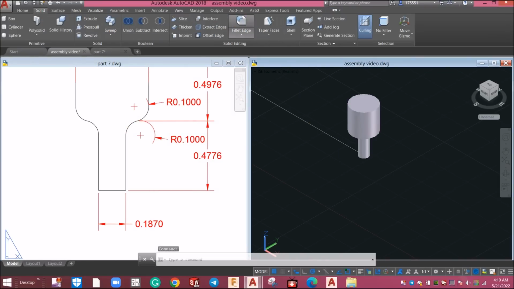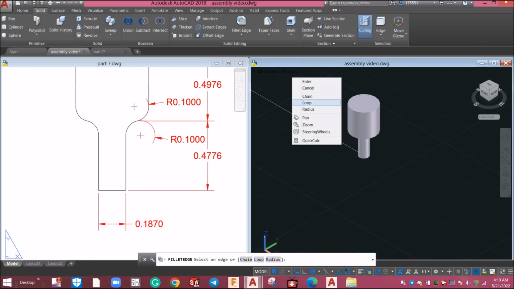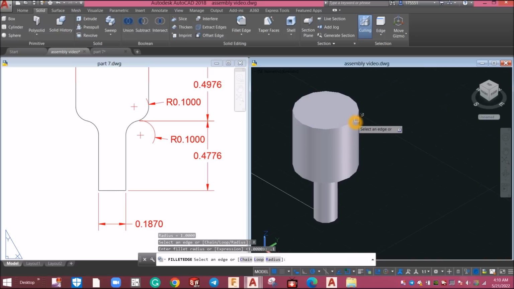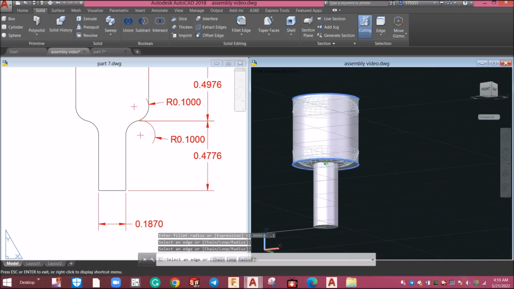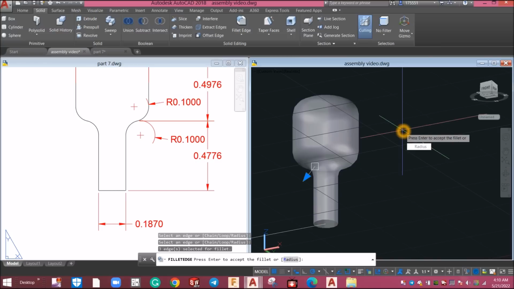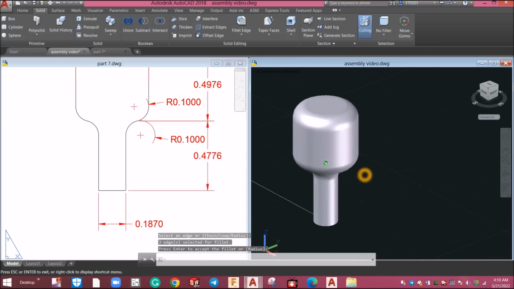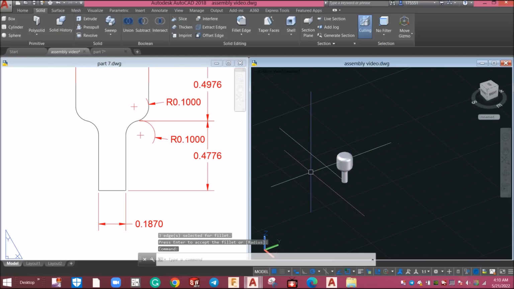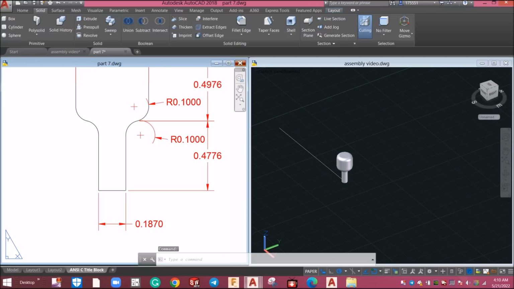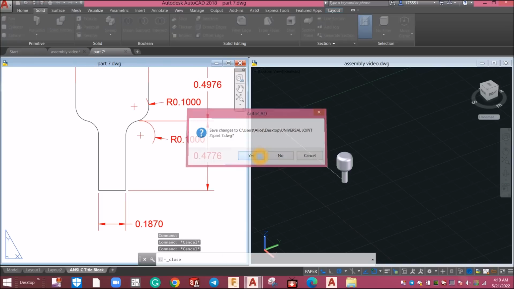So go to solid, select fillet edge, right click, select radius option and enter 0.1. Click this edge here, this edge here, enter and enter again. And I think we're done for this portion. The next step is to combine all the objects, or assemble. So I'm just gonna minimize this one or close,